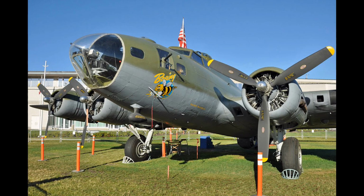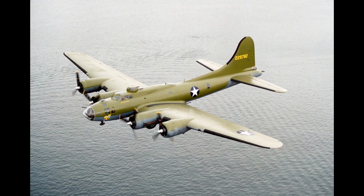After filming, the aircraft returned to the US and went through a deep restoration, bringing it up to an extremely high standard of accuracy and is considered one of the most accurate B-17 restorations around. Marked as Boeing B, it was flown to the Museum of Flight in Seattle in 1998 and has been on permanent static display since. Now this brings us to the final two B-17s, and these are the French registered, which